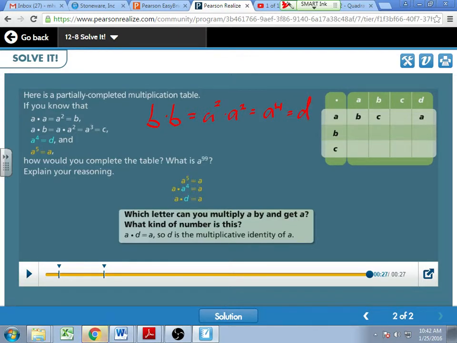And then A to the fifth has a variety of options for what we could represent it with. We could say A to the fifth is B times A. We could say A to the fifth is D times A. We could say A to the fifth is just A times A times A times A times A. There's a lot of ways we can represent this. It's kind of like the question we did in Mathcounts that asked how many ways can you make 67 cents with only pennies and nickels. Yep, exactly. So these are not exactly placeholder values, but it's kind of just representing,